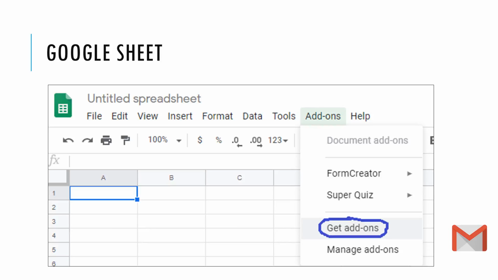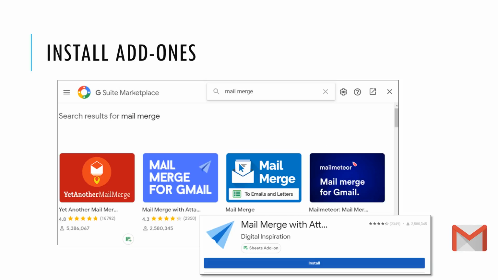To start, we will use a Google Sheet. Here you can see in the menu bar the tab Add-ons. If we click it, you will get a submenu, that is Get add-ons. You click it. After selecting add-ons, you will get this particular browser window. Here you can search which add-ons you want to install. I'll search with mail merge. So these are the possible third party add-ons I am getting here. You may choose either one and just click it and install.